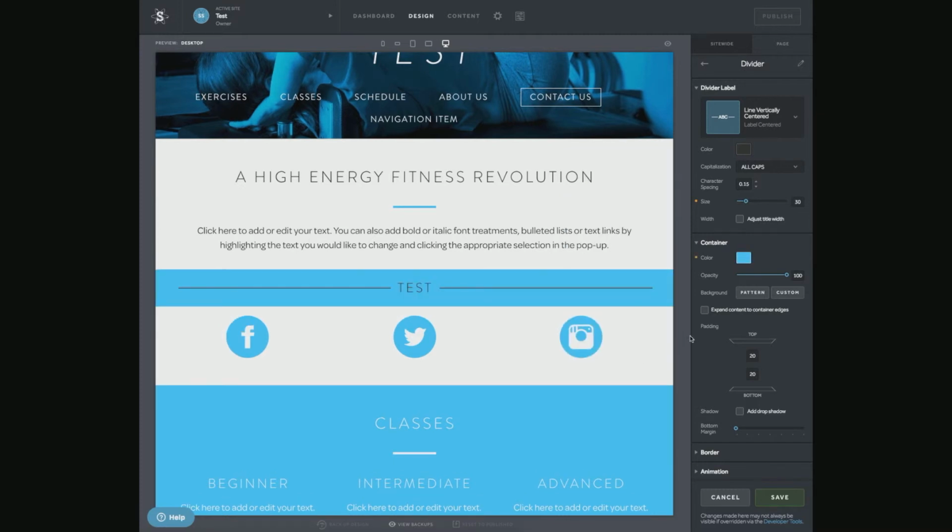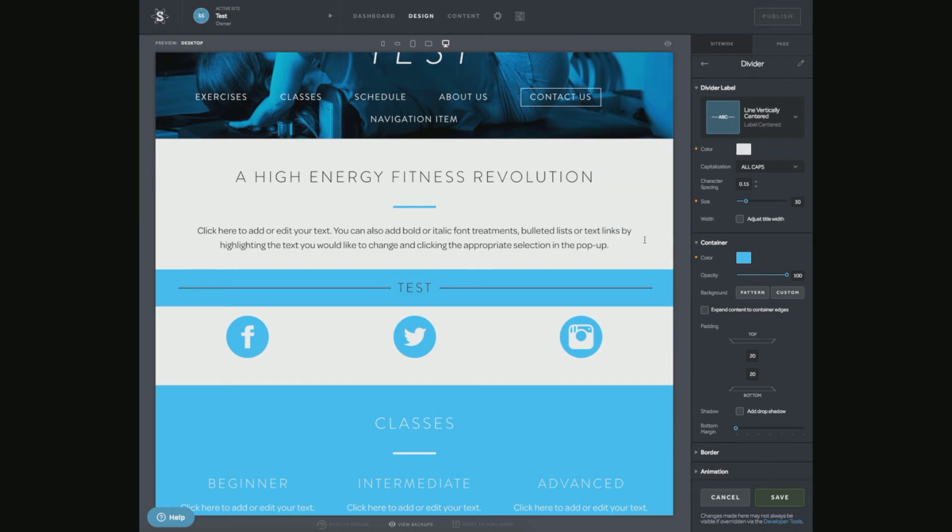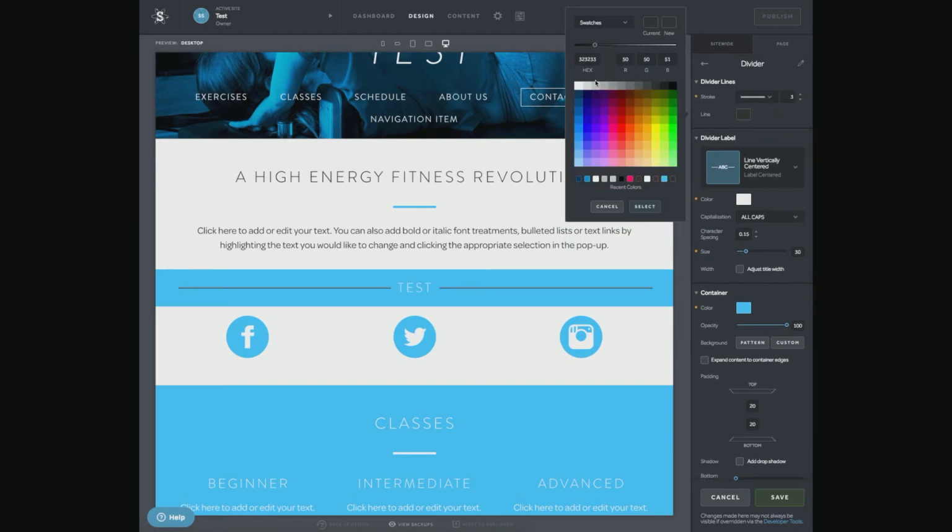We're going to change the size of the label and the color of the background container to match the rest of the website. This is just the beginning of what you can do with a divider on your website, so